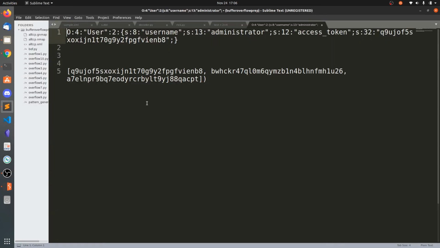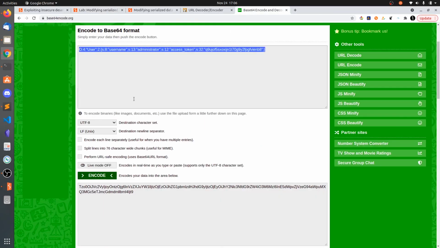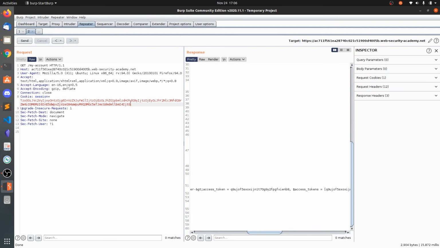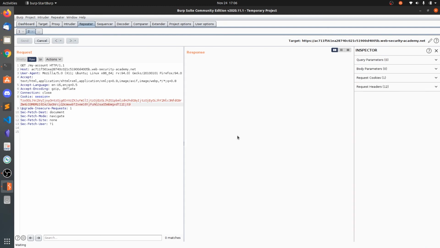So that means this second one might be the administrator access token. So copy this and encode this one. So no need to URL encode, because we don't have an equals sign at the end, and paste here and send this one.